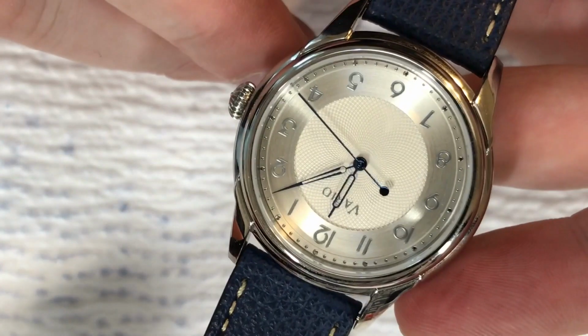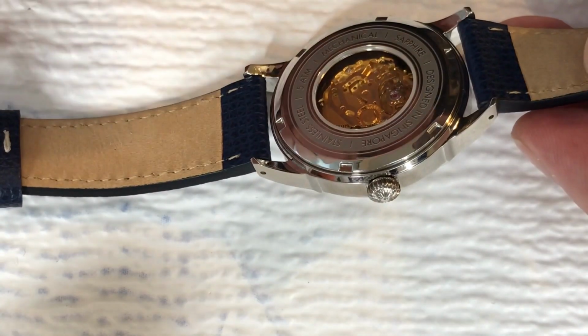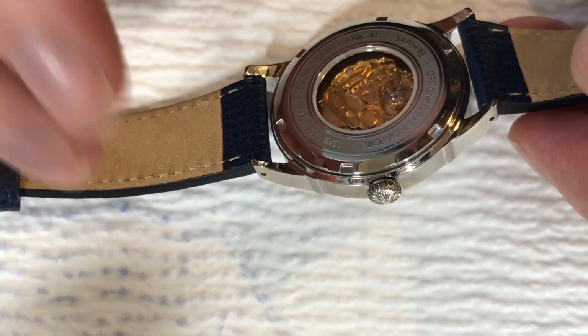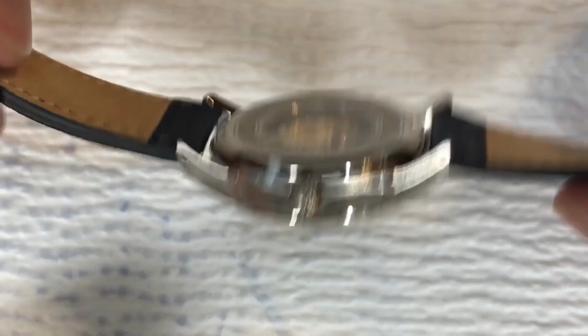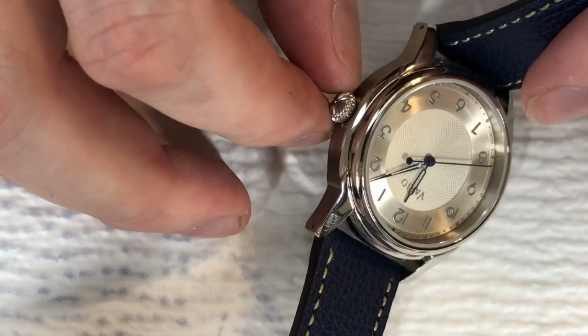That's how you go about swapping out movements. Steps are pretty straightforward. You've got to remove the case back, remove the stem, take the movement holder out if there is one. There may be screws. Take the hands off, take the dial off, and then just go in the reverse order and put it all back together again. So this is the Vario Silver Empire, and coming up soon will be the review of this